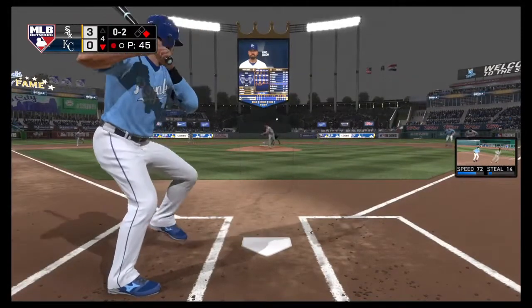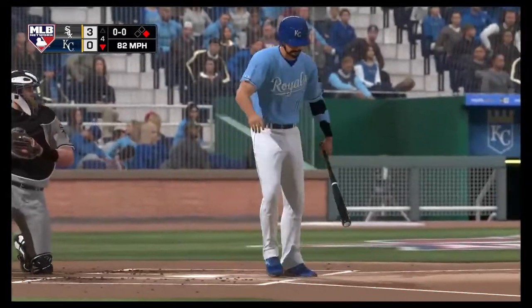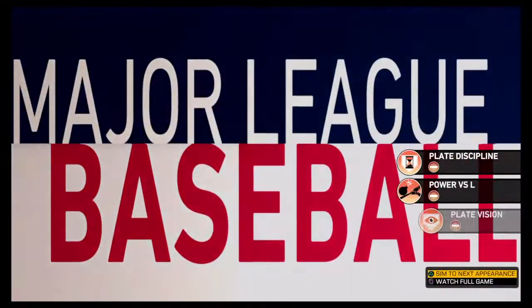Hoping to send him packing. Pitch on its way. A great pitch there as he couldn't get extended on that one, and he's down on strikes for the...